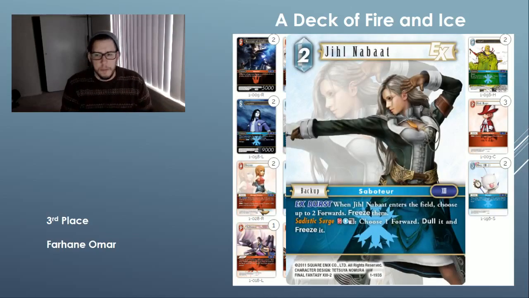And I talked about Jill a little bit, just a value backup that freezes forwards when she comes into play. And this card is just absurd. When Opus 1 was first spoiled, I completely missed this because I didn't look at any of the starter cards for whatever reason. I just assumed that they were all going to be bad. And then I saw this card, and this has just been an absolute powerhouse and staple in every single deck that plays